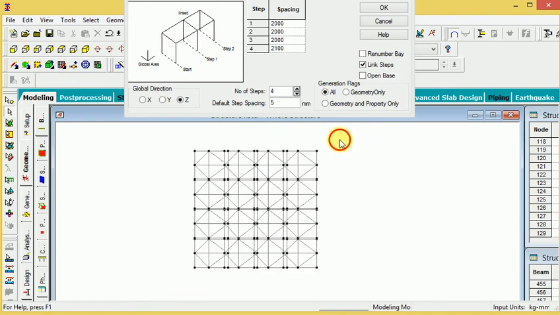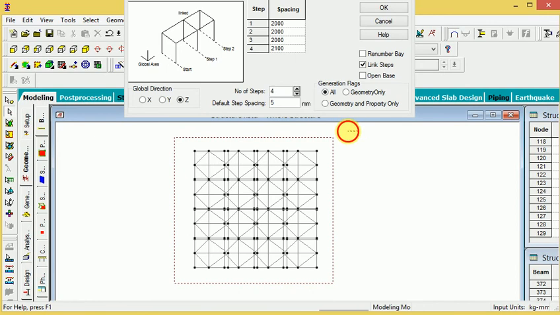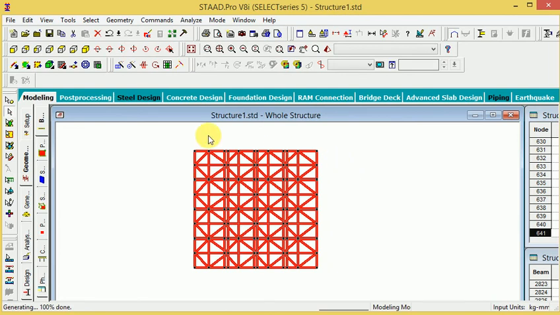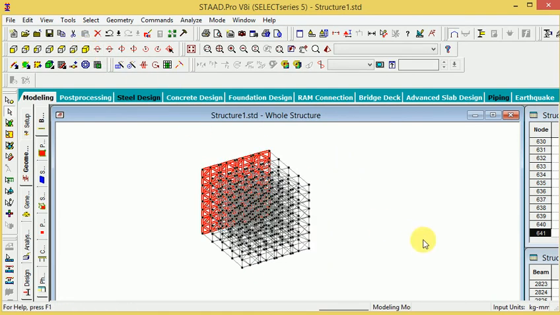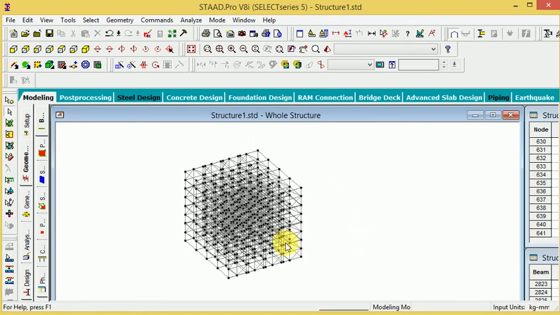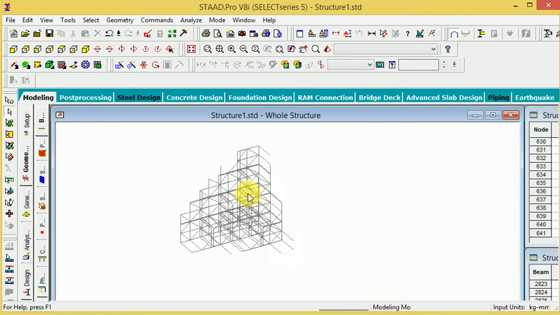If you choose the front plane and OK. This is called selection, then go to OK here, OK. If you look at this isometric view, here is our structure. This type of structure is created with pattern view and node cursor.